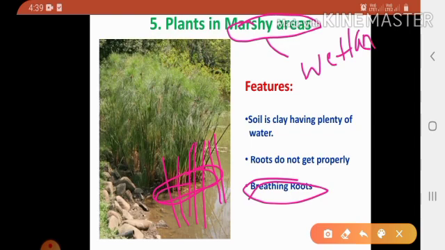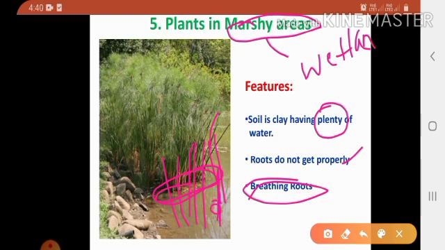Roots do not get air properly. See here. Soil is clay having plenty of water. Plenty means large amount of water. See here in picture, large amount of water.